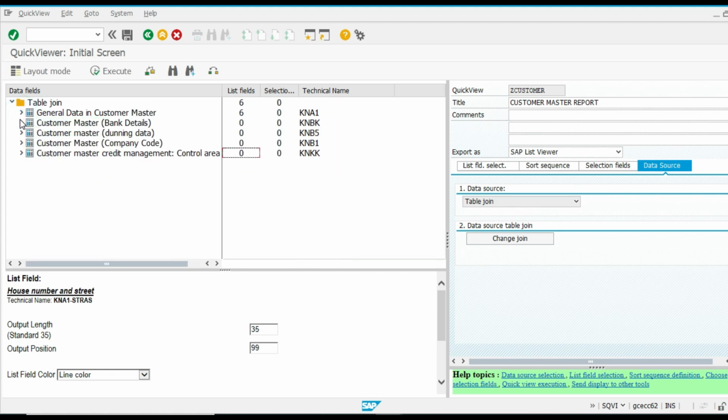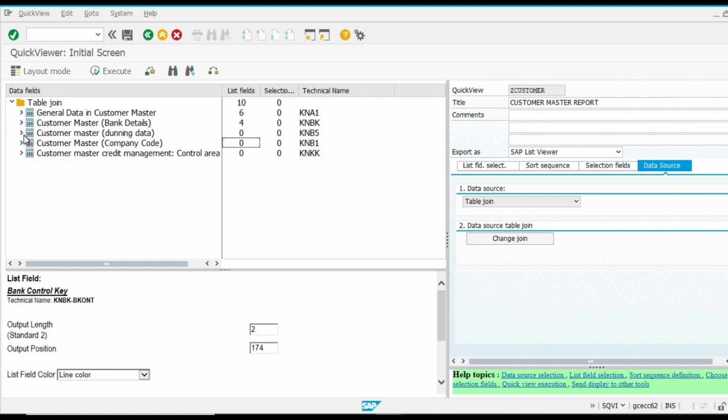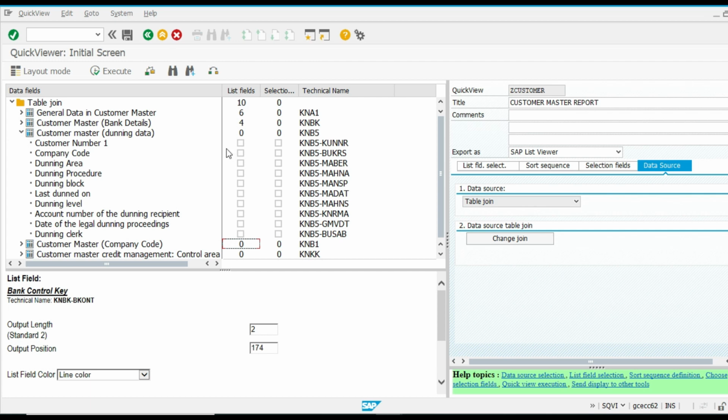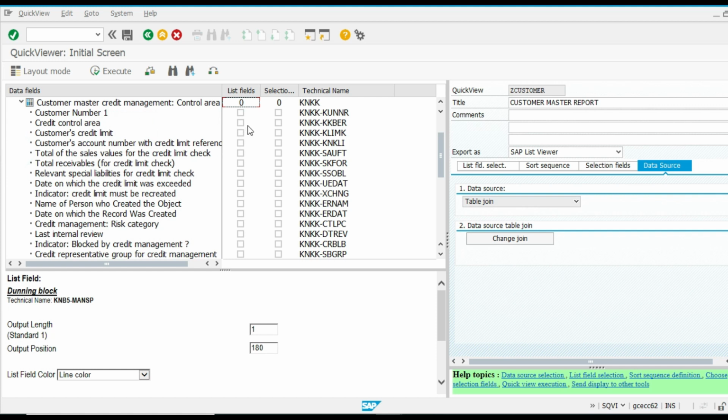Customer master bank detail: bank country key, bank account number, control key. Back. Customer master dunning procedure, then dunning area, dunning block. Back, then master credit control area. So just like that we added the fields.